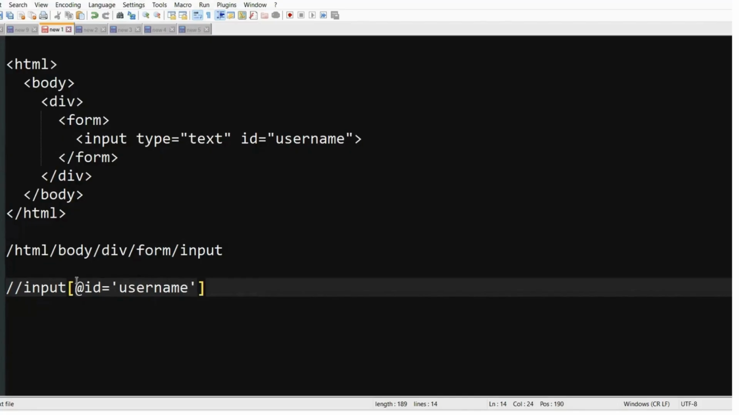Then close the square bracket. This is what you have to write for your relative XPath. Here we are using a double slash, which means start searching anywhere in the DOM. Single slash means it starts from the top root node. Double slash means it starts searching anywhere in the DOM structure. The condition we have given, @id equal to username, filters the element having